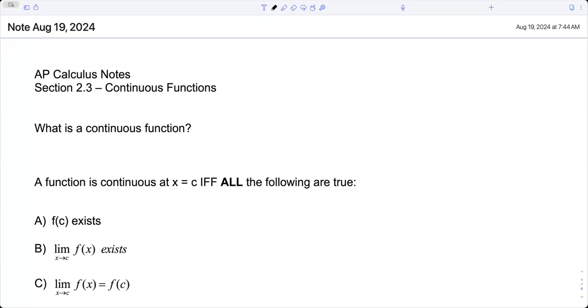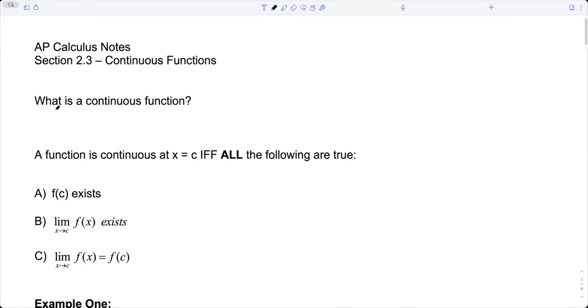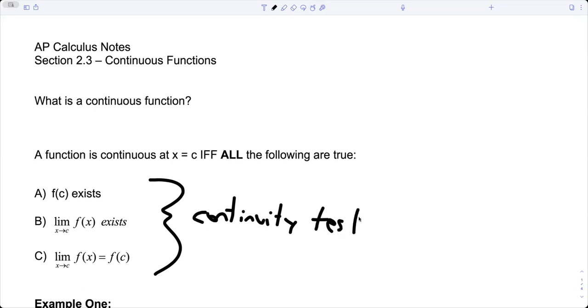Okay, she said or jumps, but well, we have what's called a continuity test. And so the continuity test says a function is continuous at a certain point, x is equal to c, if and only if all of the following are true. So these three things constitute the continuity test. So the continuity test says